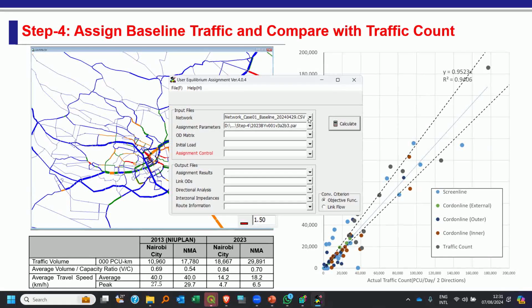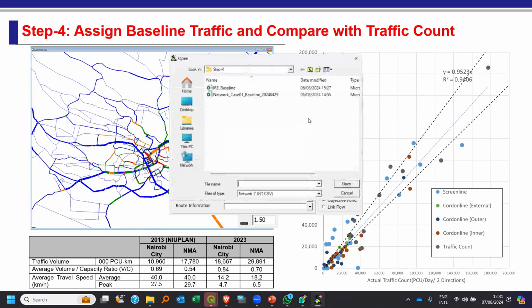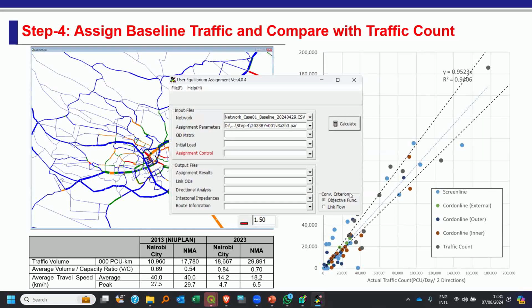Network. Folder hiyo step. Okay. Hata yamepotea kabisa. Kwa network. Yes, it's parameter. So the option of any networks. My network. Engine parameter, click. Yes,